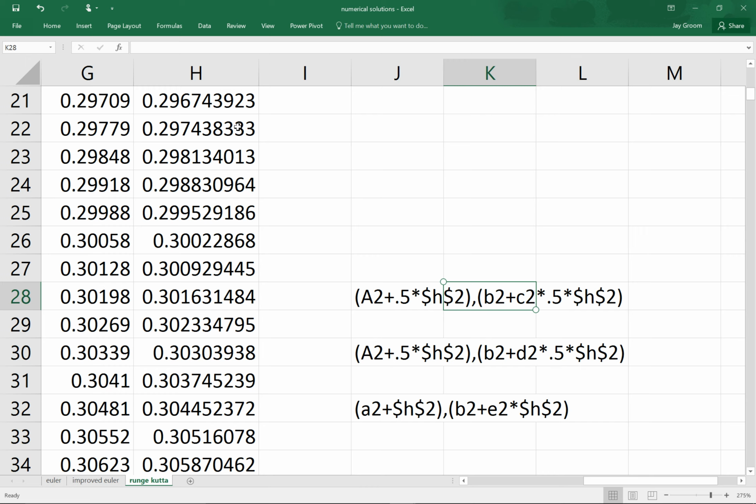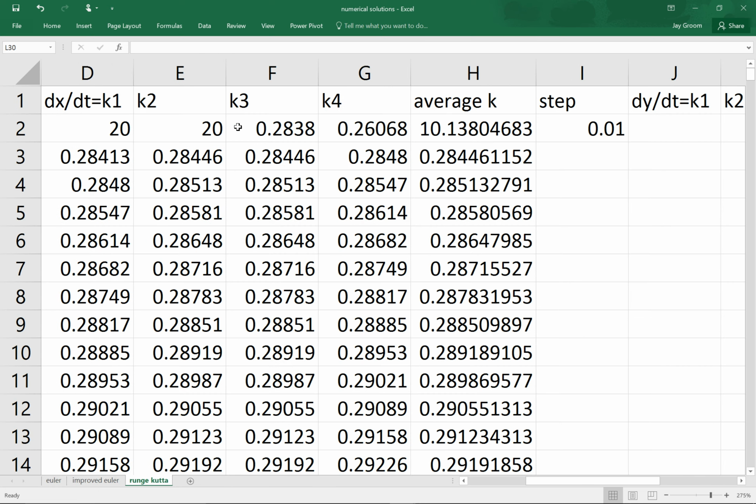Now the next one is the same deal, except that we're going to be using b2 plus d2, right? In other words, a minute ago that was this. So a minute ago, for this guy, right, we used,